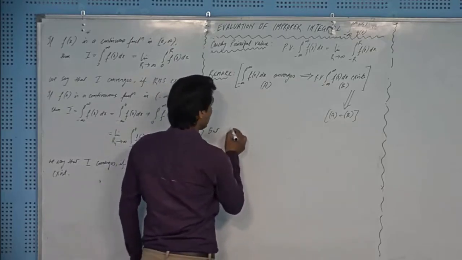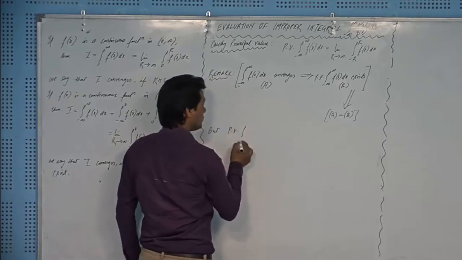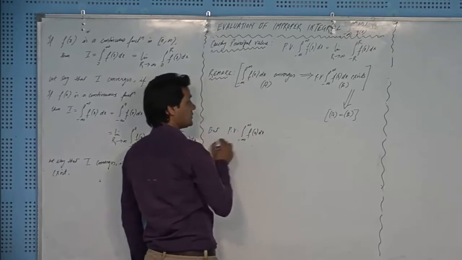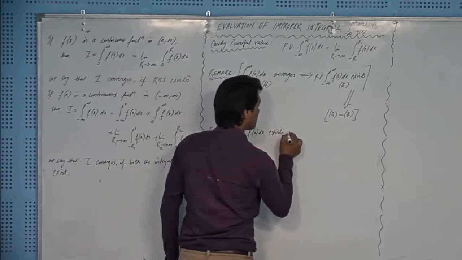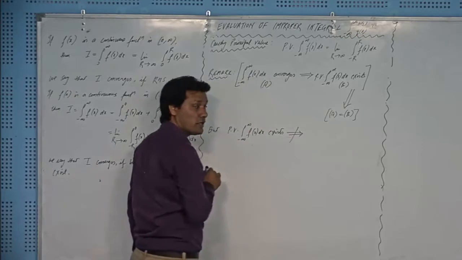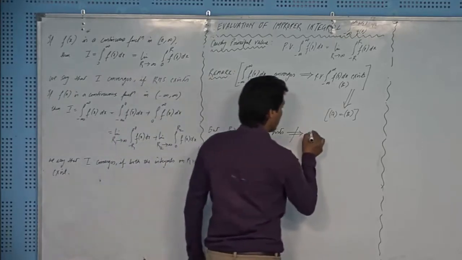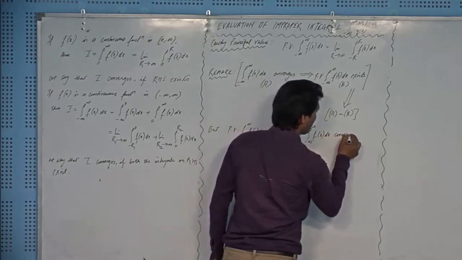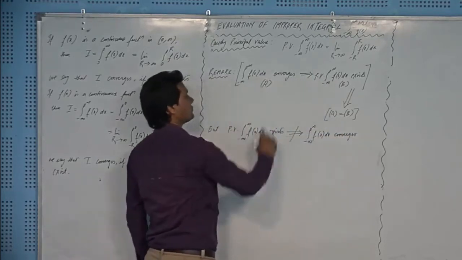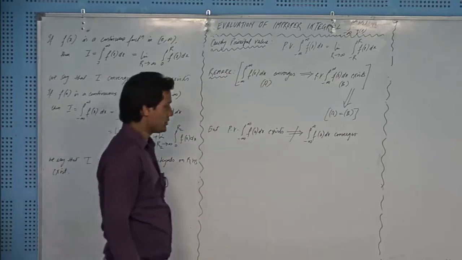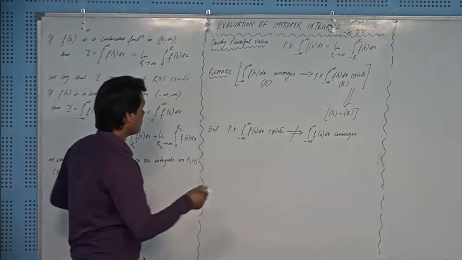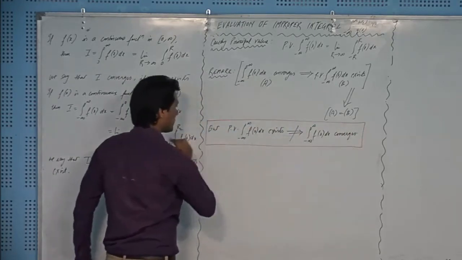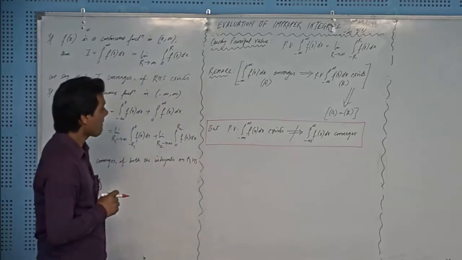But whenever the principal value of such an improper integral exists, right, it does not imply that integral minus infinity to infinity f(x) dx converges, right? The converse is not true. Okay, so I will put a box here in order to highlight this condition, which does not hold every time. Okay,